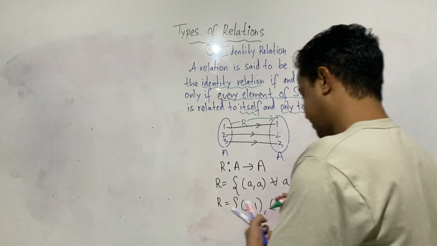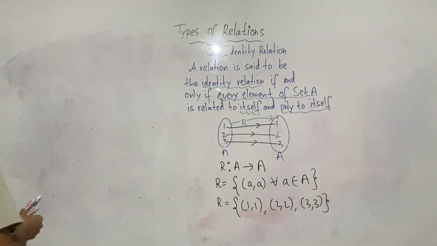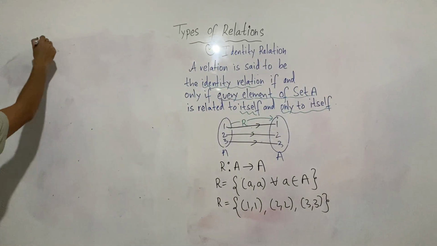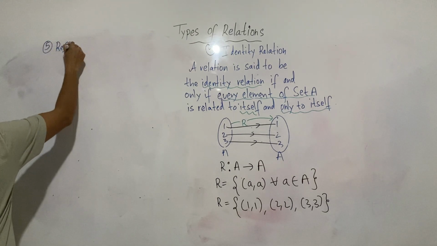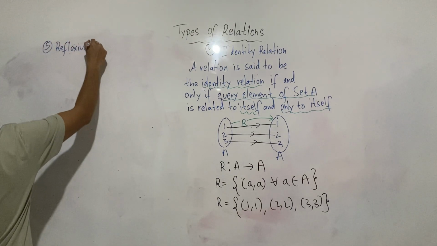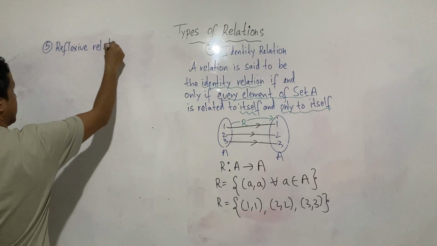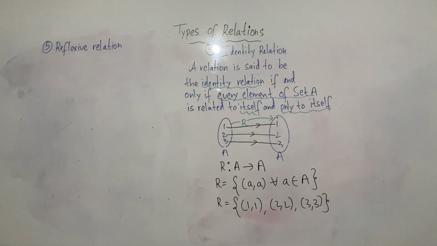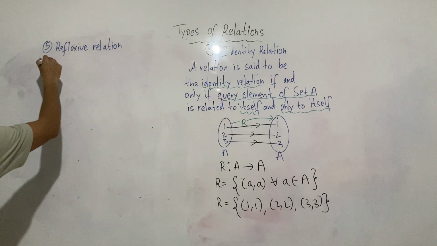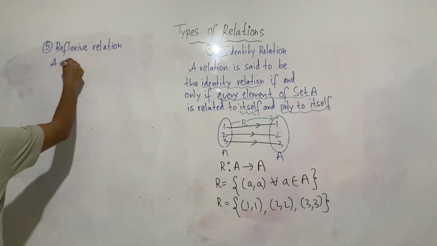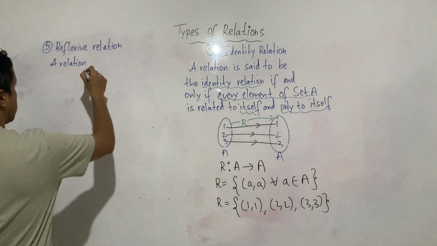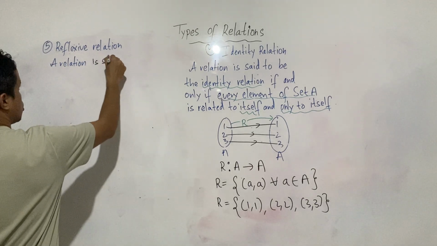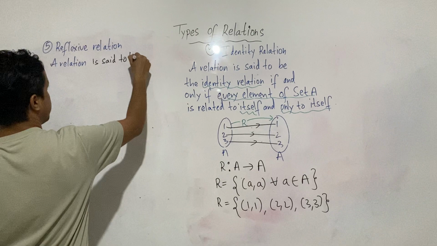Number 5 is a reflexive relation. And what does it say? It says that a relation is said to be reflexive